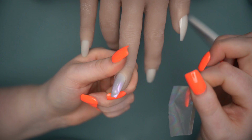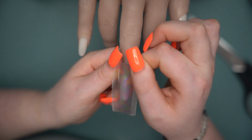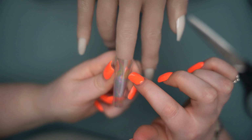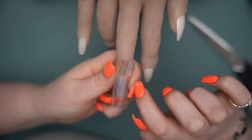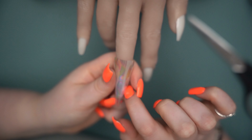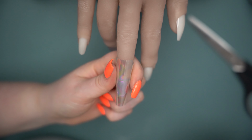So we have that running a little bit, so I'm just going to tip it back so I don't have a big bulk right at the tip. I'm going to place that down. So I can see exactly where the contact is because it's a clear foil. I'm trying to even out the pressure of the way I'm holding the foil. And I'm going to flash cure that while I'm holding my hand in the light, and then fully curing once I let go. So now that that is cured, I'm going to take that off